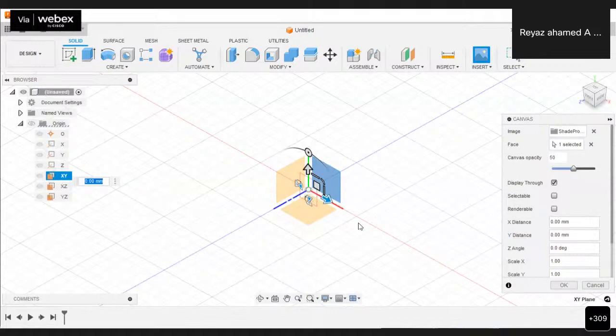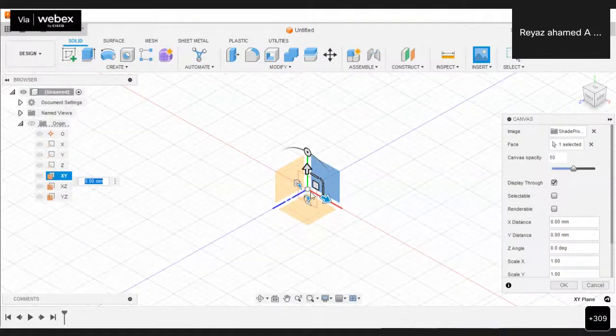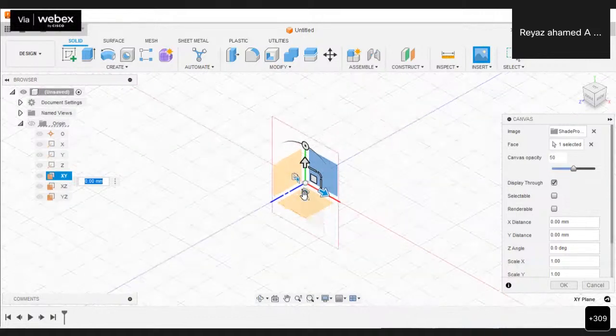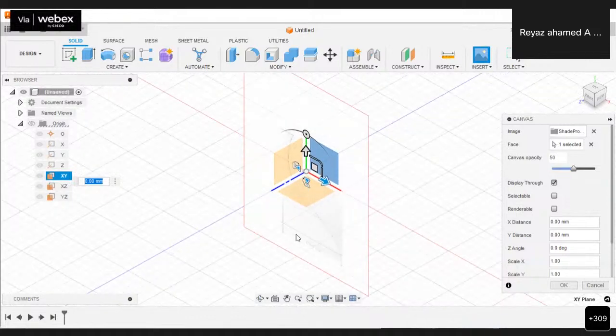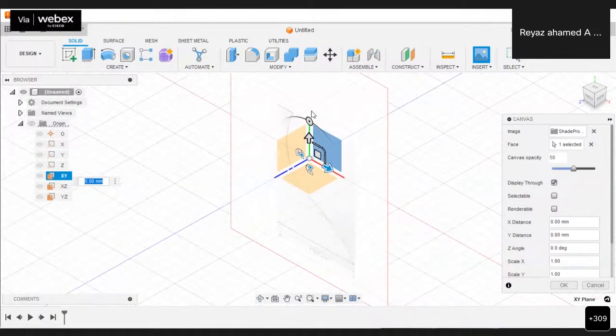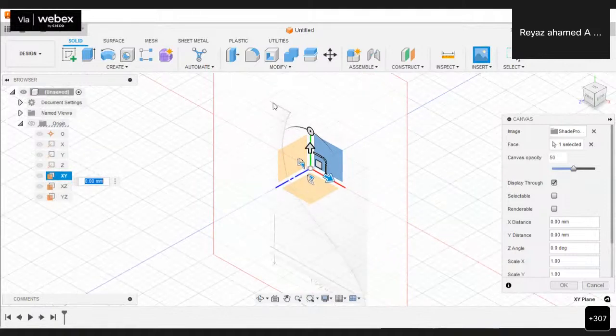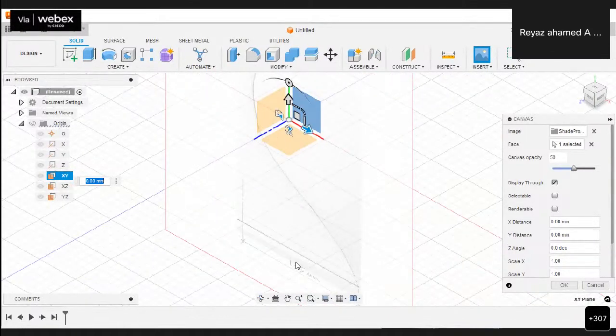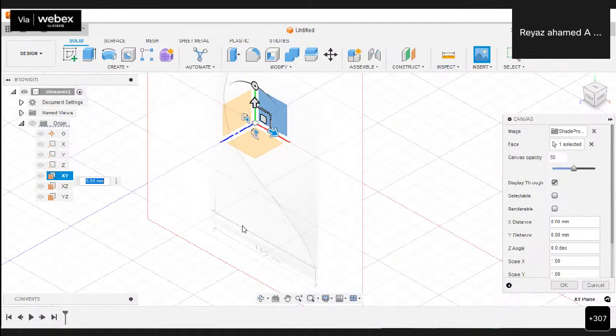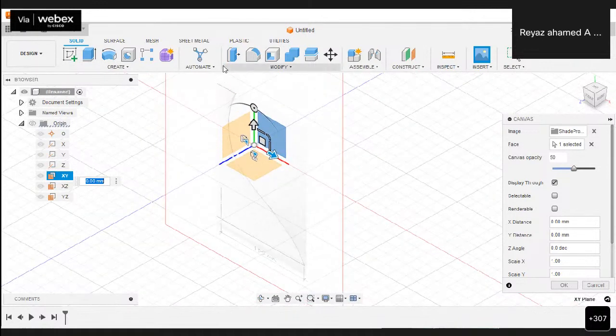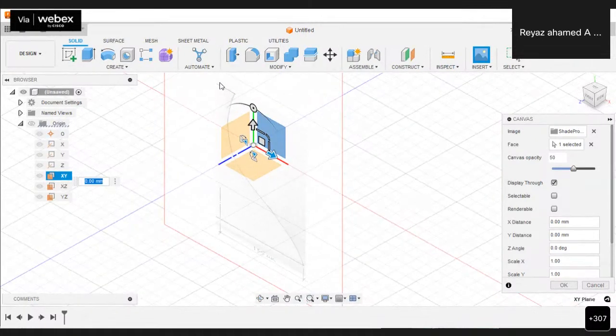See, actually it is not visible. Just zoom here. See, my image is there, the 135 mm lampshade profile I showed, now in Fusion 360 on the XY plane. By default the canvas opacity is 50.